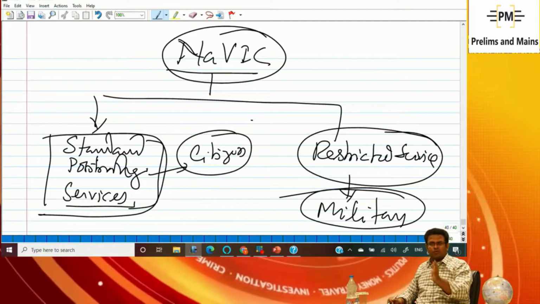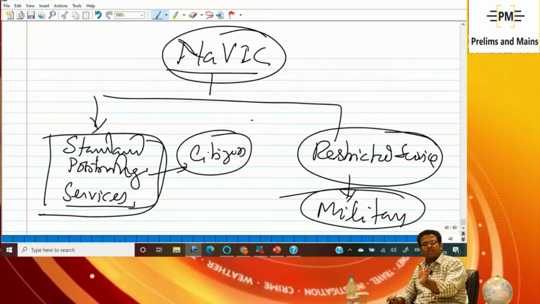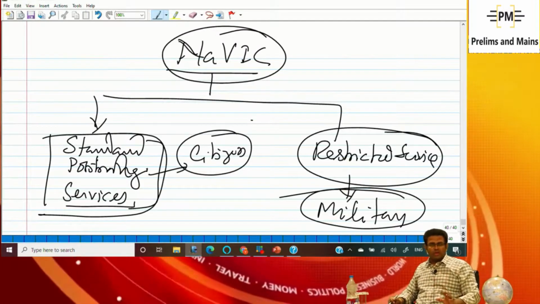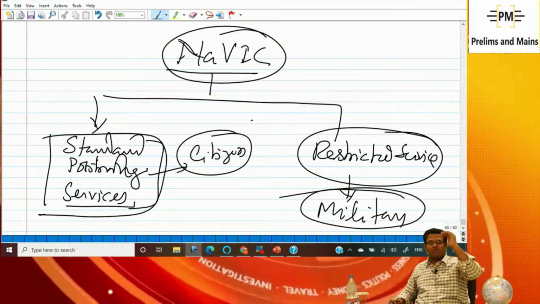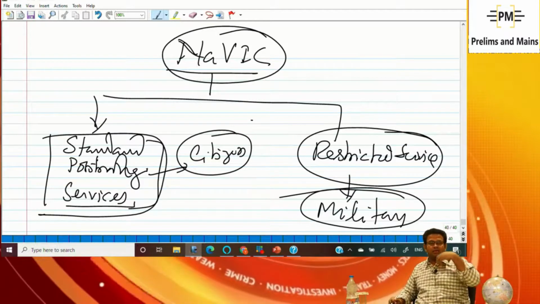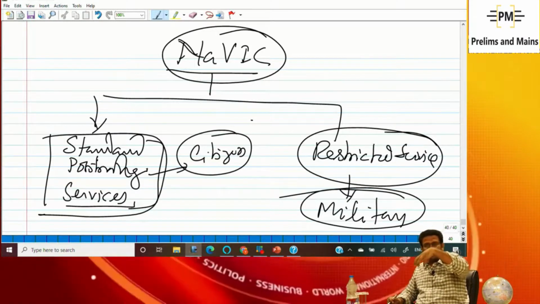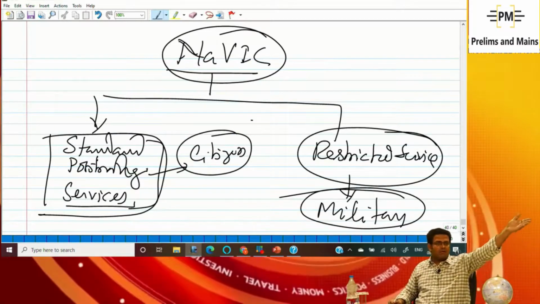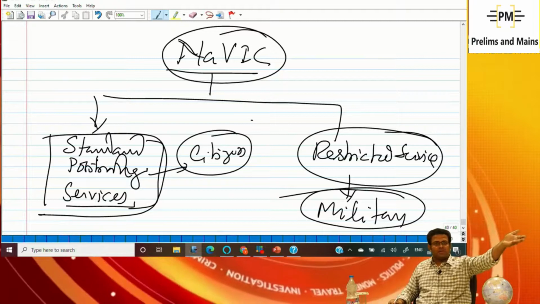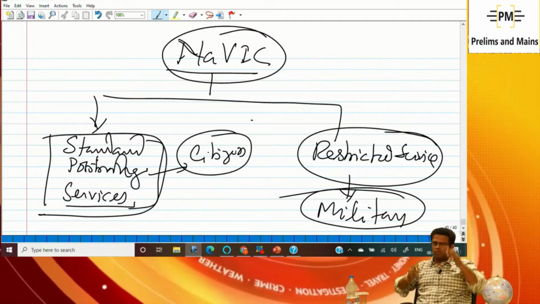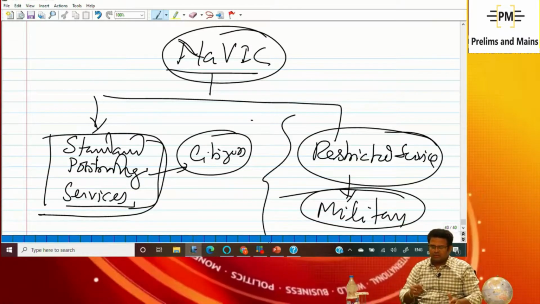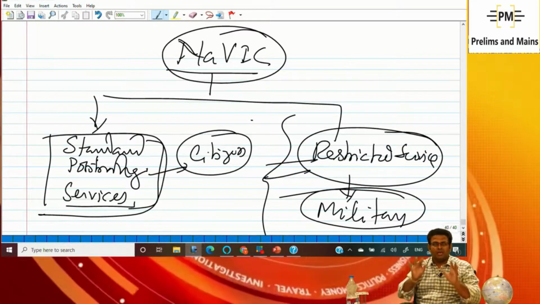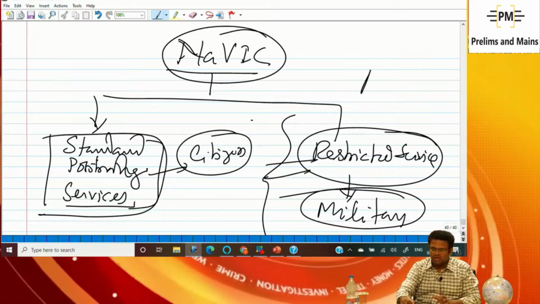One service is for the safety and security of the nation as far as the military is concerned, and one service is this one. So it is very much important where my army is going and where they have been deployed and where the Pakistani army is there. So we can be able to do this, earlier USA did not give. So this kind of service is not available to the general citizen of India. It is available only to the authorized,